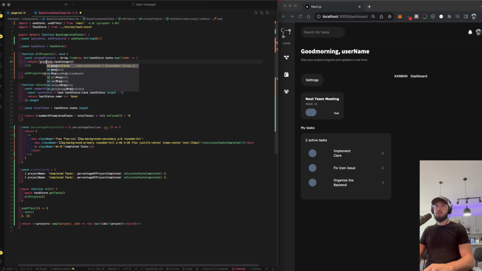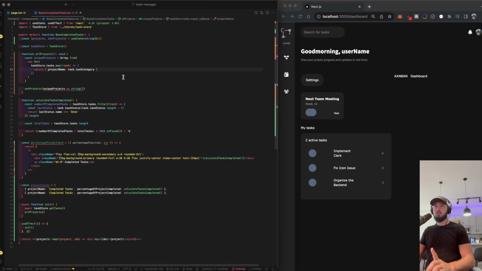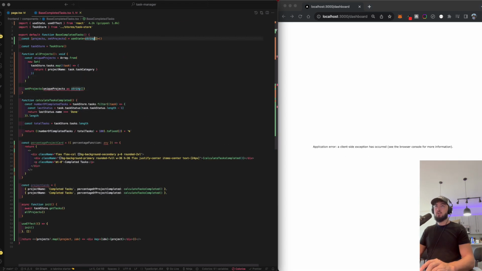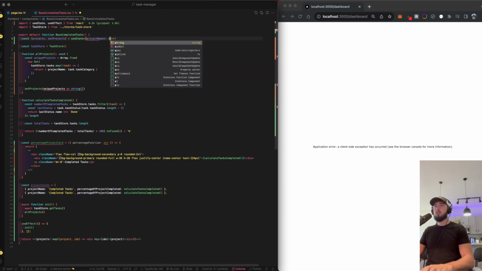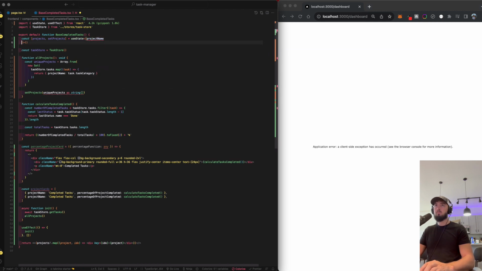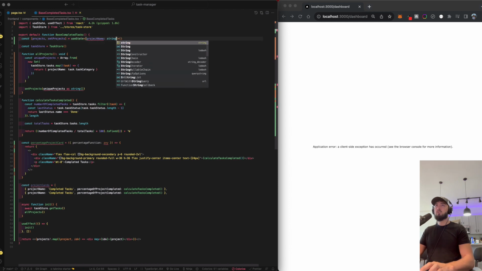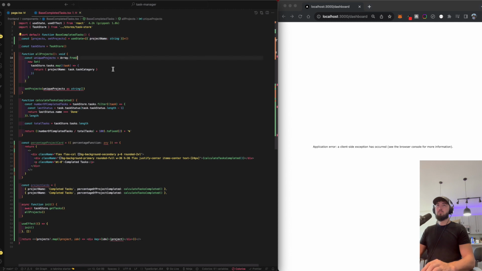Return this as an object, and I can say project.name here. And this is no longer going to be taking the string. This is going to be taking that object that we had constructed earlier. So I think that's project.name. Excuse me. String. Great. And now when we set that as, not as a string, but as an array of project.name,